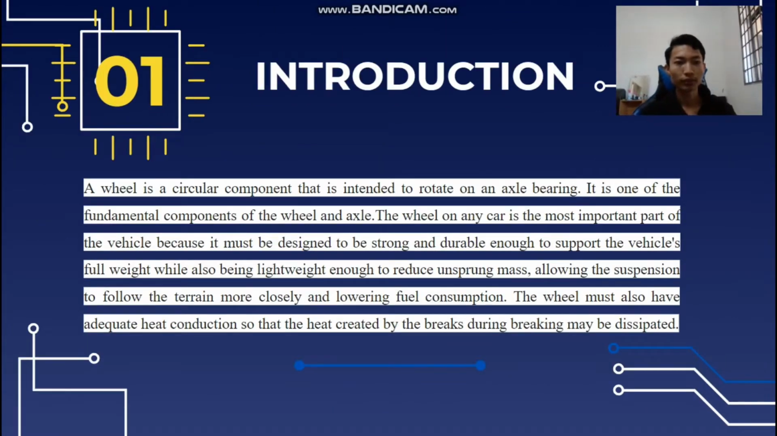So for introduction, what is a wheel anyway? A wheel is a circular component that is intended to rotate on an axle bearing. It is one of the fundamental components of the wheel and axle. The wheel on any car is the most important part of the vehicle because it must be designed to be strong and durable enough to support the vehicle's full weight while also being lightweight enough to reduce unsprung mass, allowing the suspension to follow the terrain more closely and lowering the fuel consumption. The wheel must also have adequate heat conduction so that the heat created by the brakes during braking may be